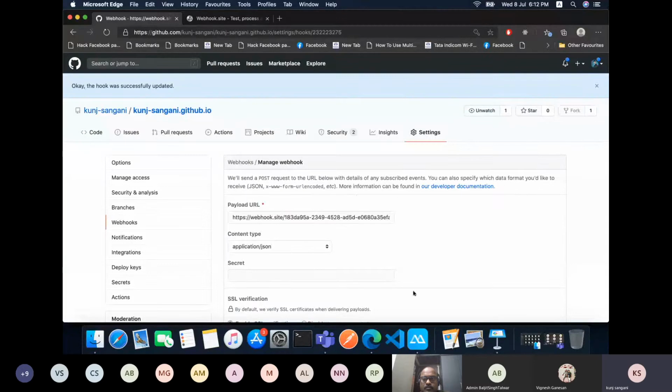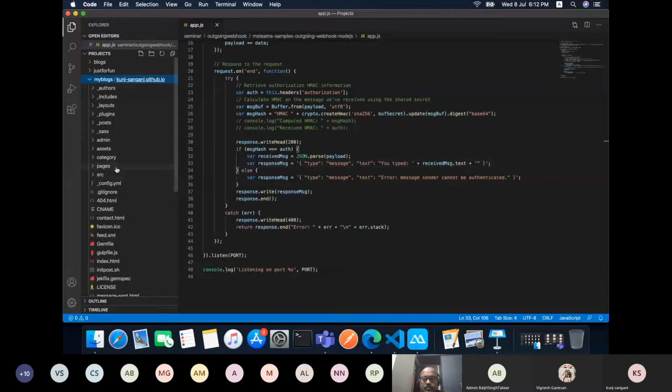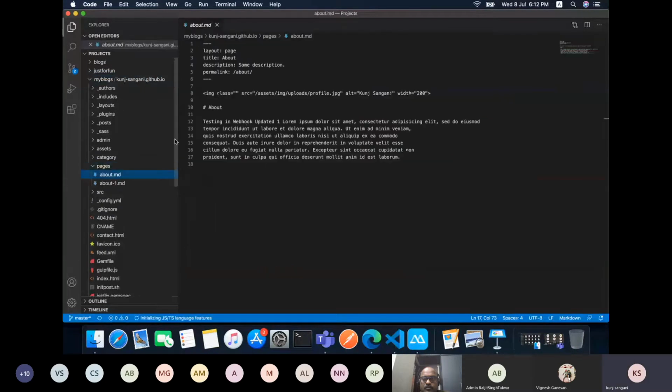Now let me fire up my Visual Studio Code, where the repository has already been synced. I'll update some simple code in this file.